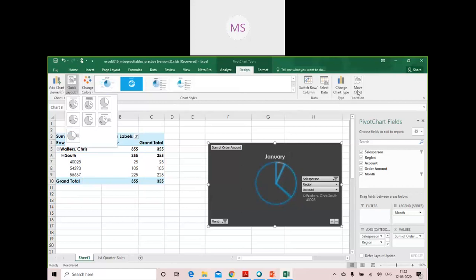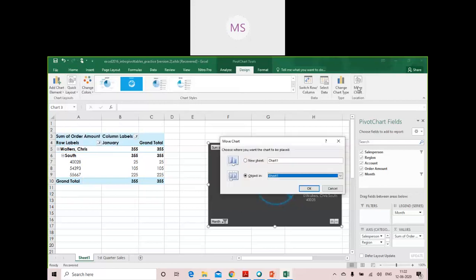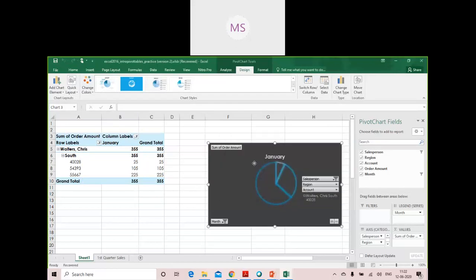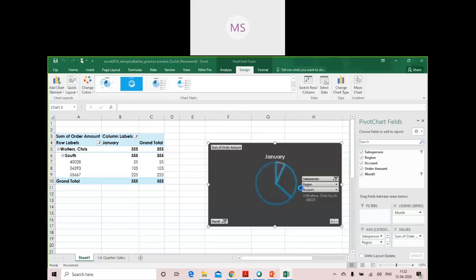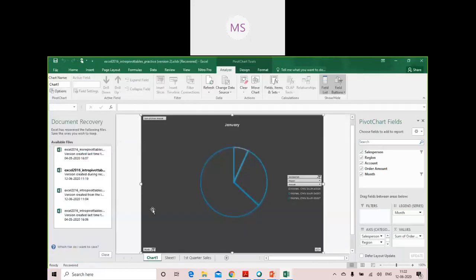Adding an element has also already been done. Here also, if you want to move the chart from this particular sheet to another sheet, you can do that. Like if I want to move it to a new sheet, it will create a new sheet named Chart1. So this is how you can see we have performed